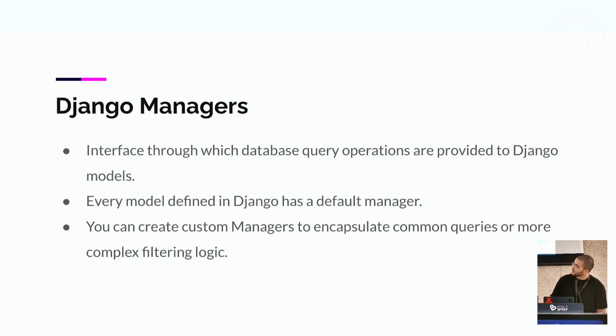So Django Manager is a concept in the Django framework. It's the interface through which you can perform database query operations. So it's the interface through which you can use the ORM. By default, once you define a model, it already comes with its own default manager. So you have access to a bunch of operations from the start, from data filtering to updating, creating, deletion,